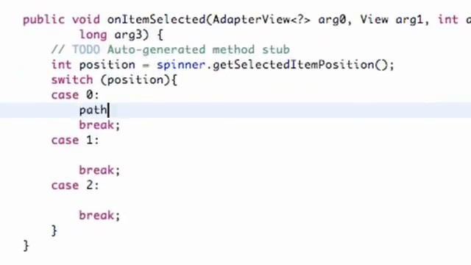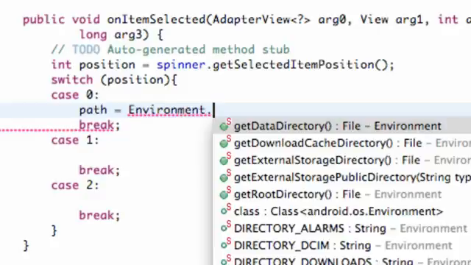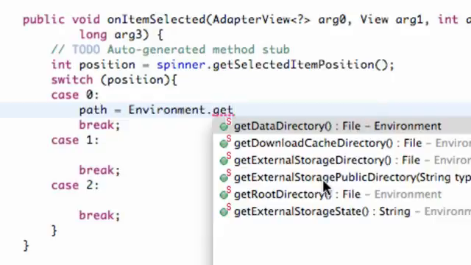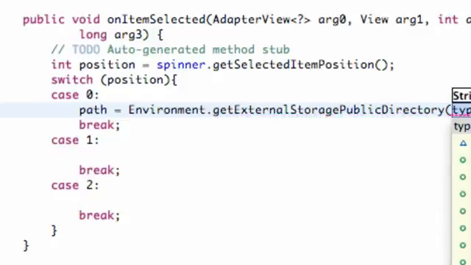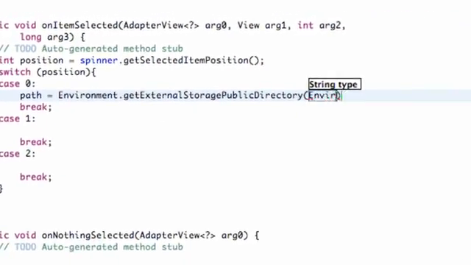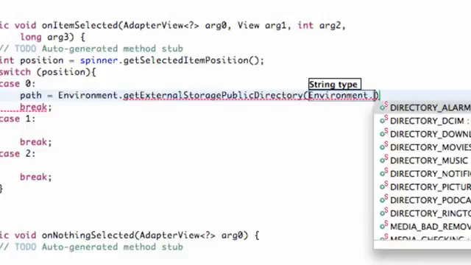And how we do that is we just say path equals environment, because we're going to refer to the environment and see if we can get the standard directories for the most part, such as music directory, people save their pictures, all that good stuff. So we're going to say environment get external storage public directory, because when we save, we're just going to save a picture to one of these directories. We want it to be public so they can access it without even using our application, because again we're saving it externally and publicly. And then within here, we're going to refer to our environment as well. We're going to say dot directory,